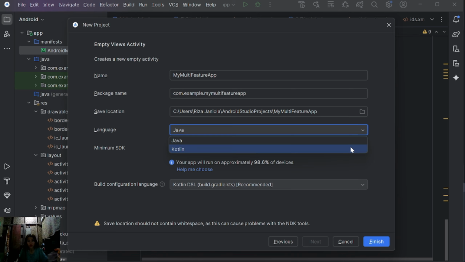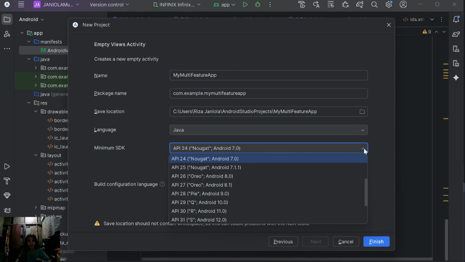So there are two languages here, the Kotlin and the Java. So I'll have to choose Java, and of course you have to choose minimum SDK for your application.